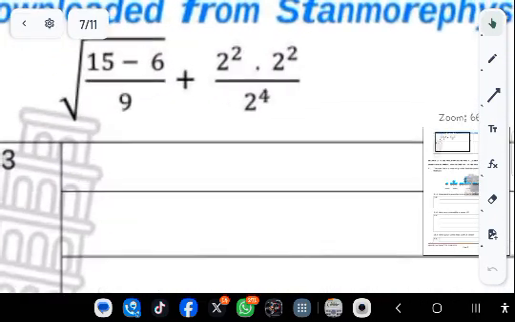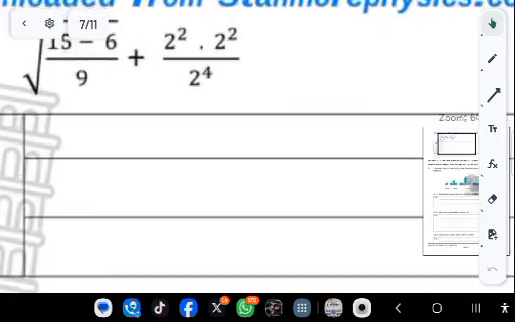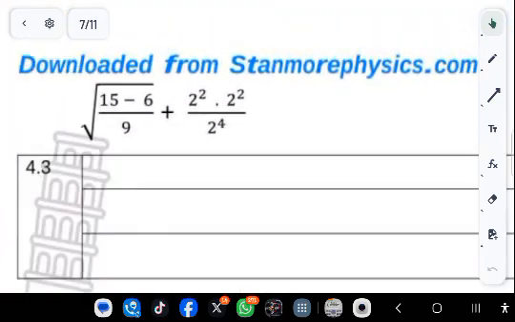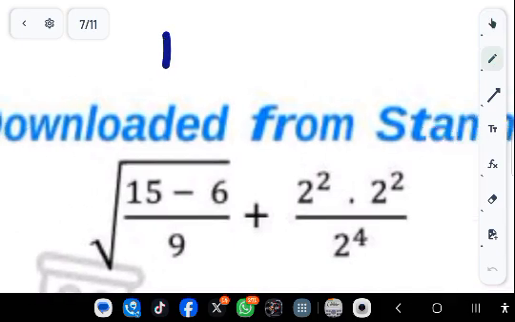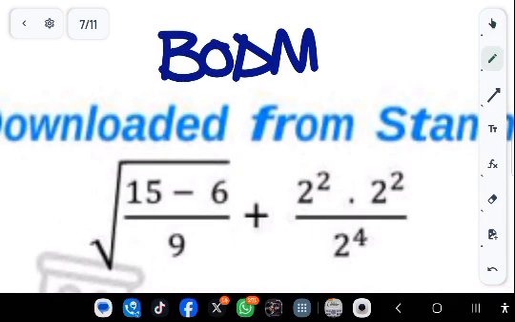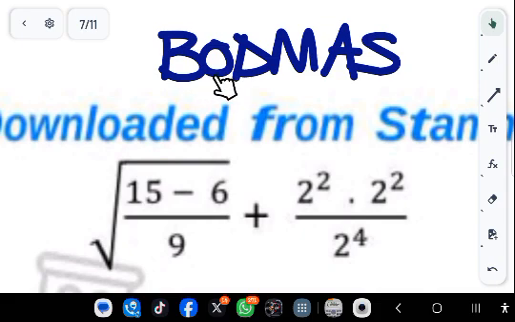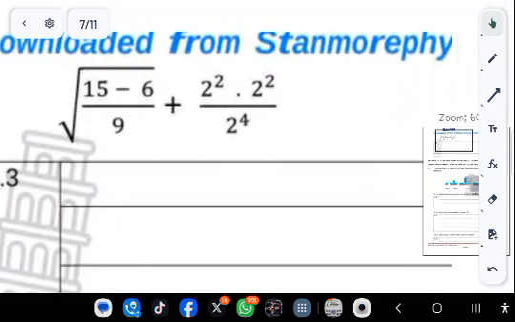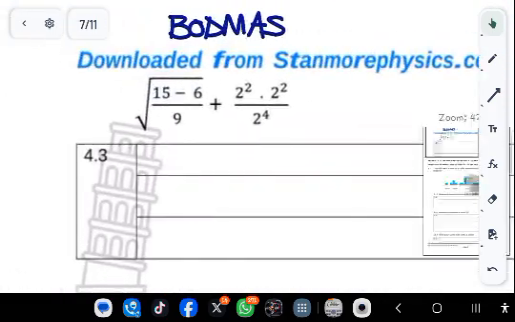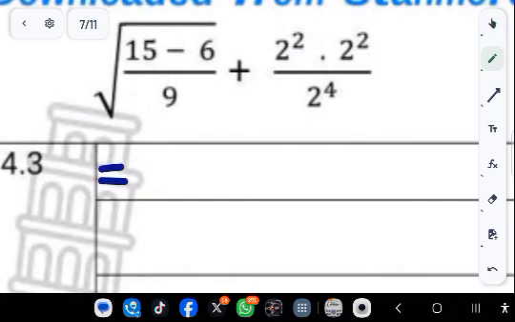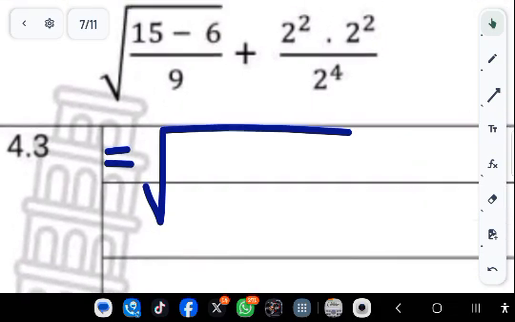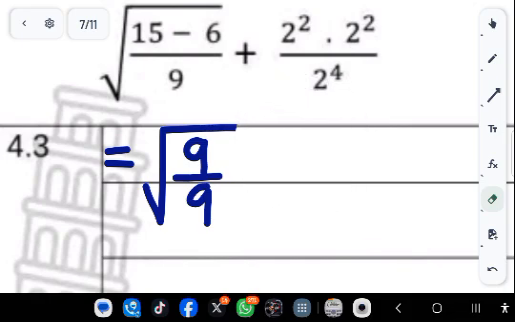4.3, we'll simplify. Okay, when we simplify this one, remember BODMAS: whatever is inside the brackets, and then you've got of. Of includes the square root of, so it is included in the O. So now let's simplify that. That will be equal to the square root of 15 minus 6 is 11. No, that's 9. 9 over 9 plus